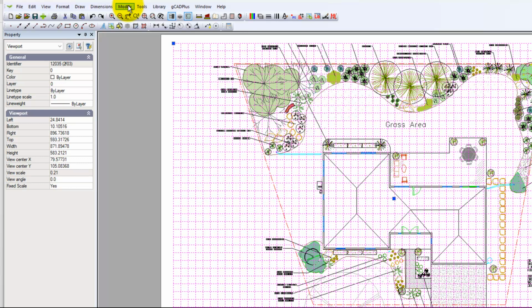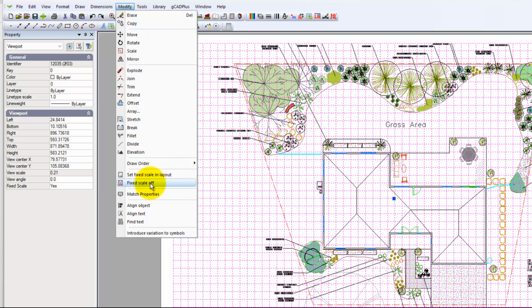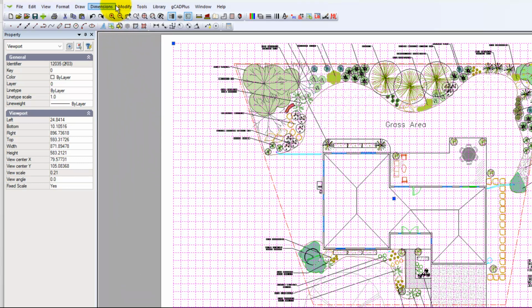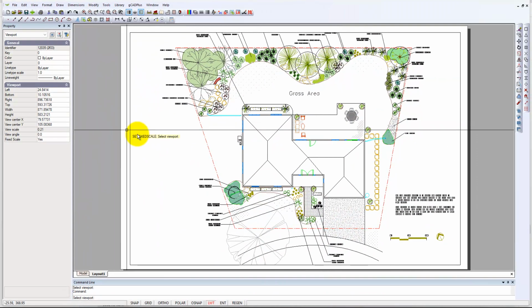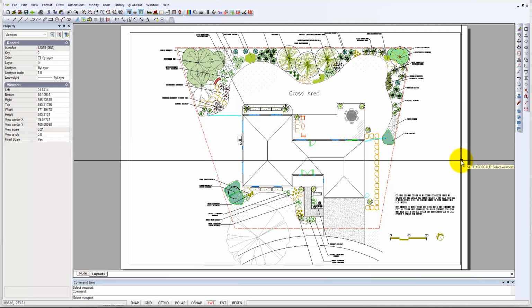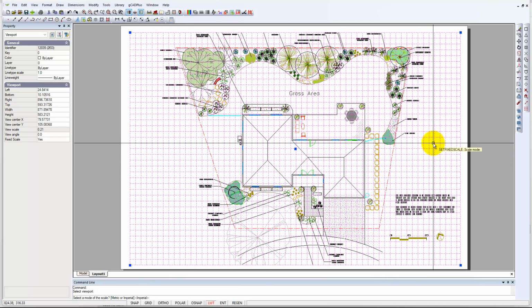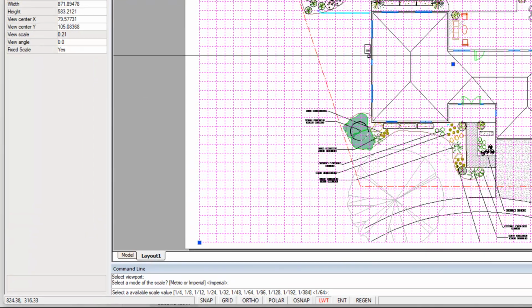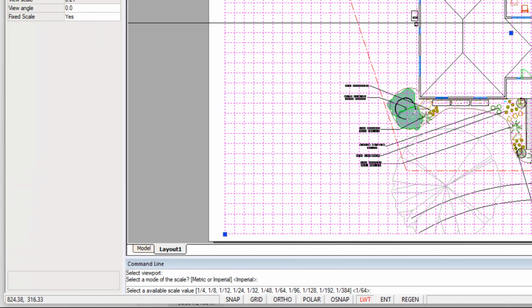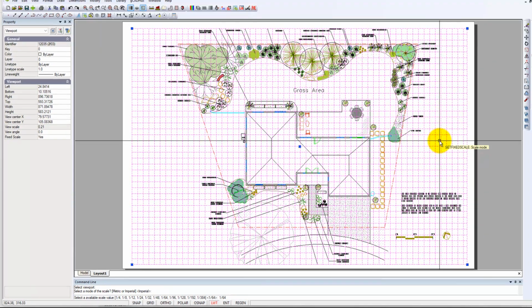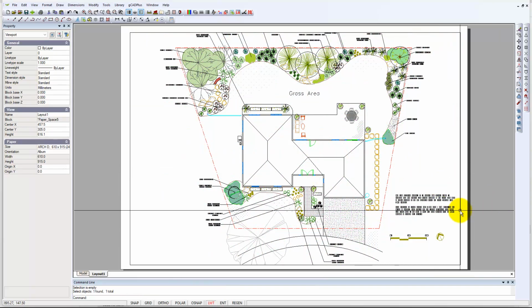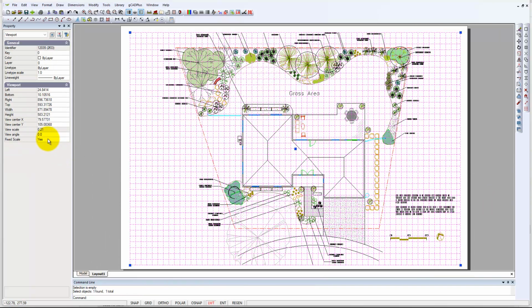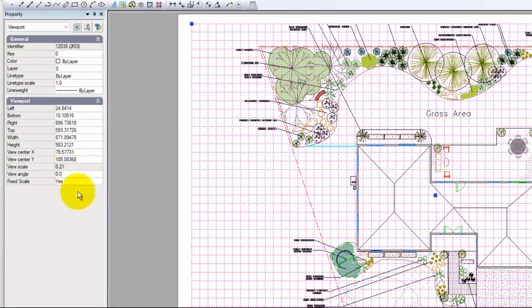is to go to modify, and I'll put the fixed scale off. Then I'll come back to modify and set the scale again, select the viewport. I'm just following the prompts, and we're going to go imperial. We're faced with a range of scales, and I want 1 over 64 in this instance, and I hit enter, and not a lot seems to happen because we've been rehearsing it, but it's set to a view scale of